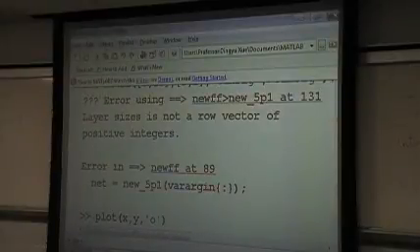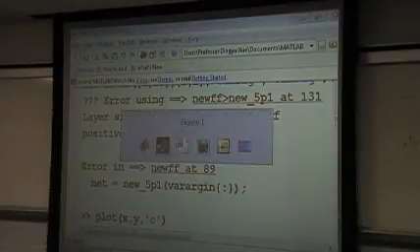The second step is how can we train the neural network? To train a neural network,